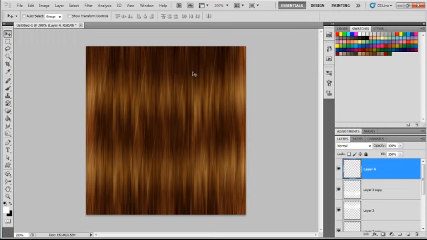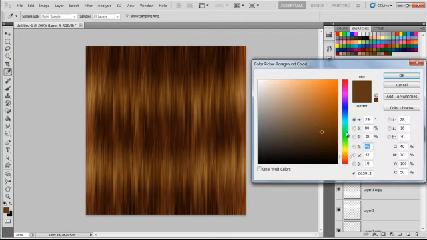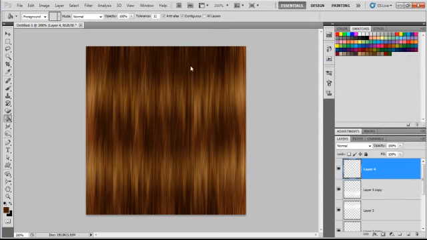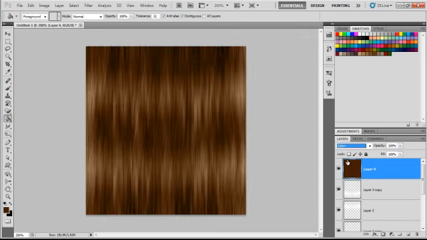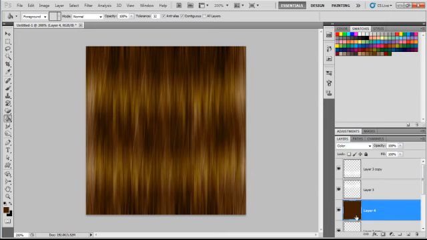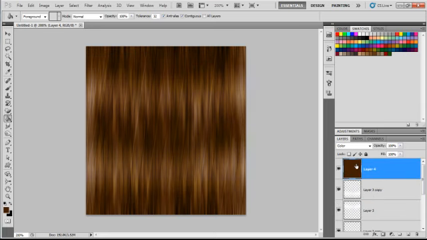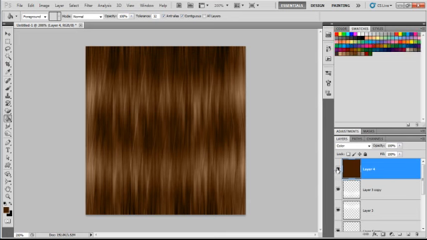If you want it to be slightly darker or a different color, I'm just going to show you how to make it a bit darker. You're going to select whatever shade you want that's darker. Make sure you have a new layer here, which I do, and then you color that. It's usually better to move it under the shine, depending on what your other layers are set at. This one actually looks much better above the shine, and it actually looks a bit lighter,